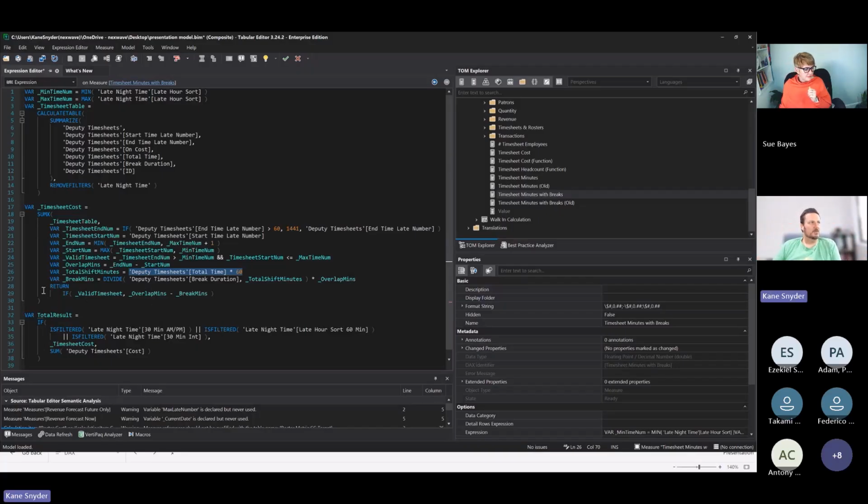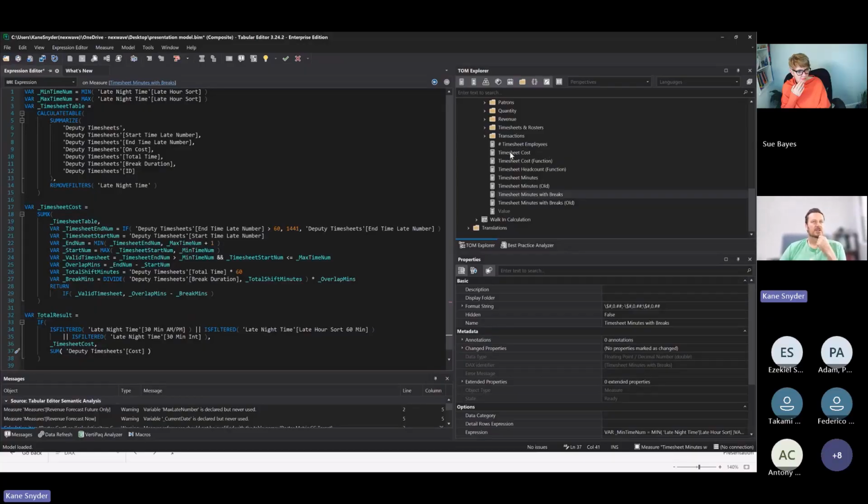And then again, we just return, if it's the valid timesheet, we'd get our minutes that we're counting and we minus off the break minutes that we've calculated. And then we do our same check again, say if time's filtered, do this calculation, otherwise do our simple calculation, and then otherwise this should be here a different sum, but you get the idea. So that's sort of incorporating breaks and allocating them across the entire shift, because you don't have reliable start and end times.